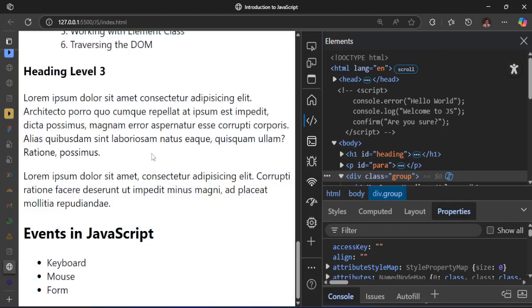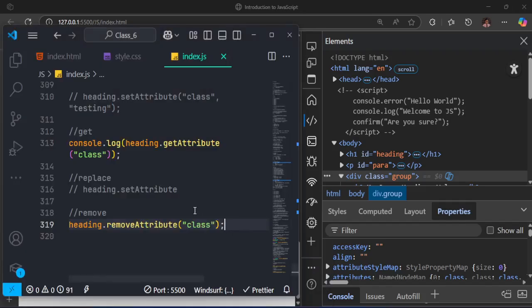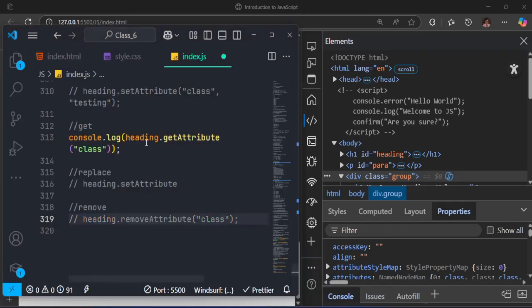Assuming this thing is not reloading, you see it will flash. Later on when we are dealing with events, that's where it will be clearer. Here now we have to refresh in order for us to see the result. But that one will be happening when we click a button. So you click a button, not that you're refreshing the page. So you are going to see how it's removing the stuff. Whatever is there will just flash and be removed. But because the page reloads, and before it completes everything the script is already really fast, you did not even see what happened. But once we start using events, it will be clearer. So this is how you can add. But because most of the time what you want to manipulate is a class,